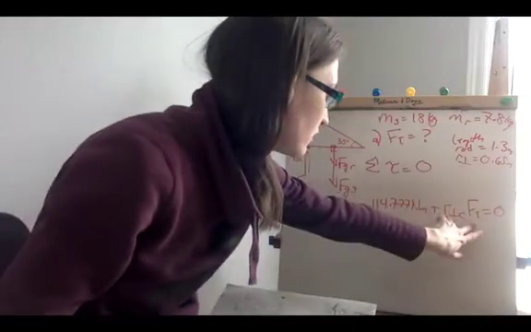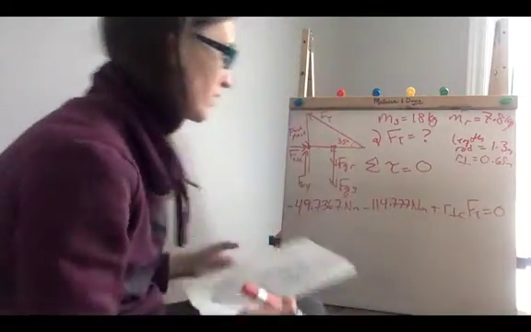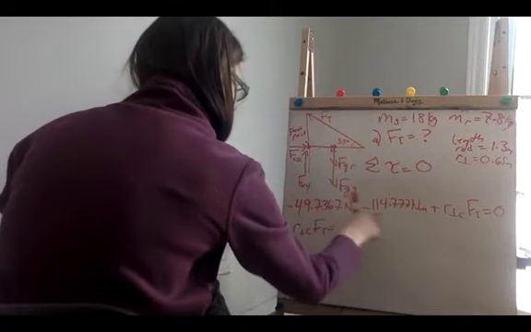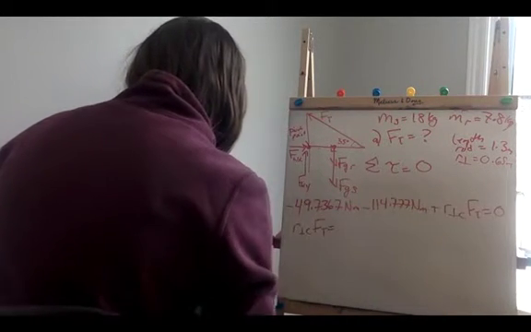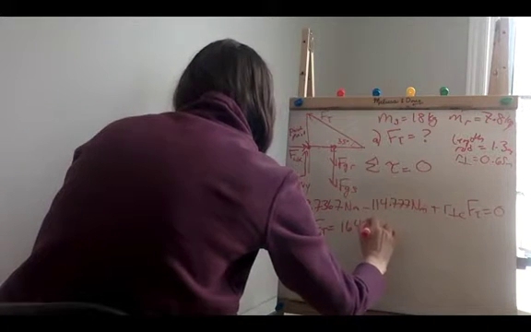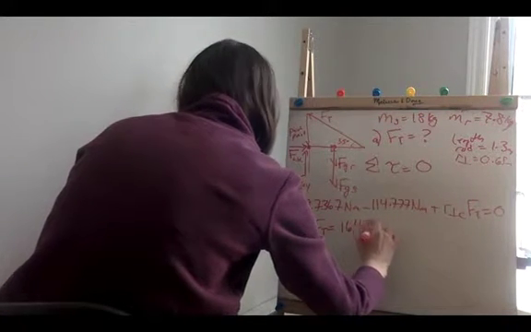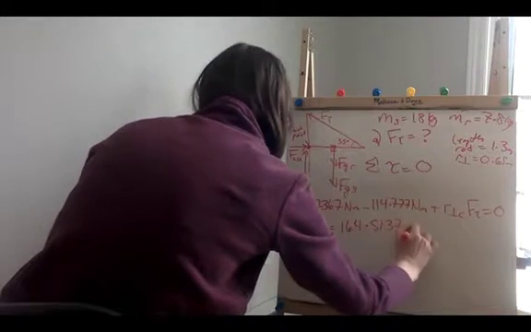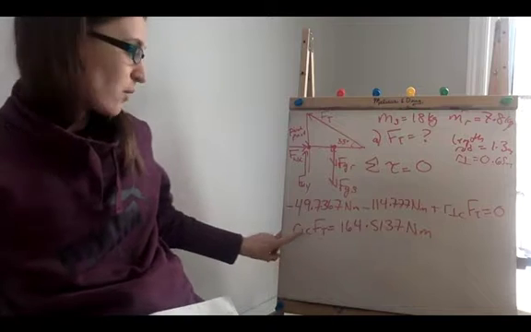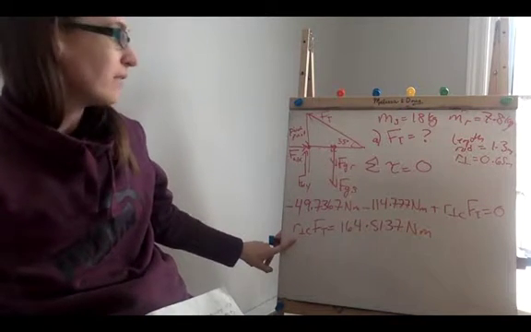So this is what we want to deal with. So let's subtract these from both sides, so we end up getting the following. You can add these together and then bring them over, and you get a value of 164.5137 Newton meters. Okay, now this is what we want, so can we figure this out? And the answer is